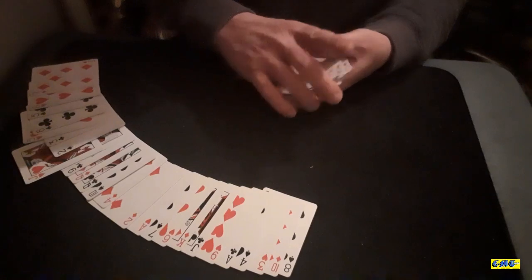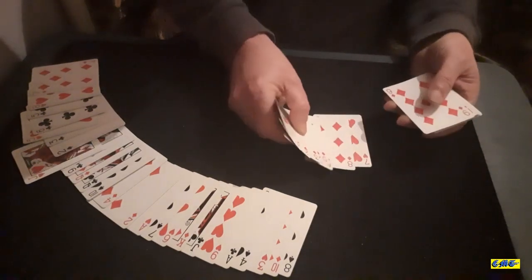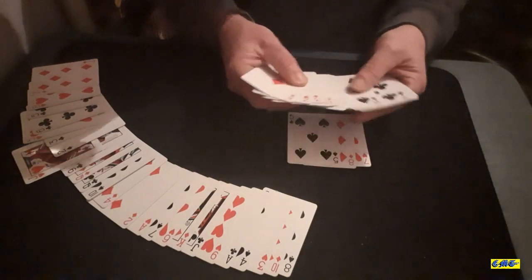That looks genuinely mixed, doesn't it? Yes, it does. Now all you do is go through this packet and put them out in the exact same order, but mirror image. So the 7 of diamonds will be your first card, or sorry, the 7 of hearts will be your first card, followed by the 8 of diamonds, then the 5 of clubs, and the 6 of